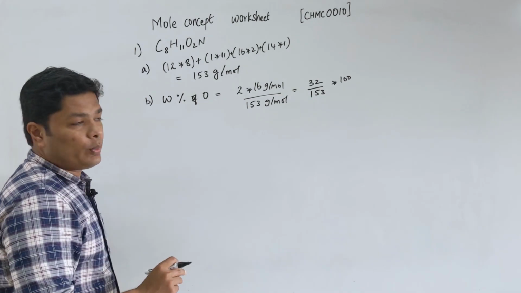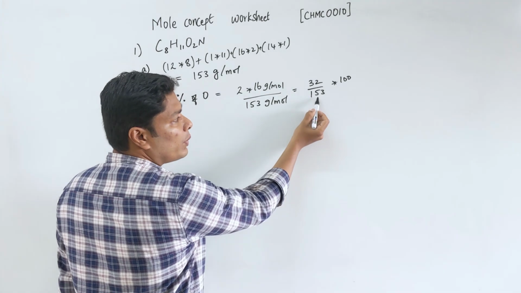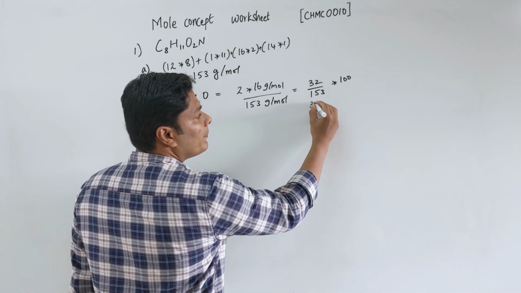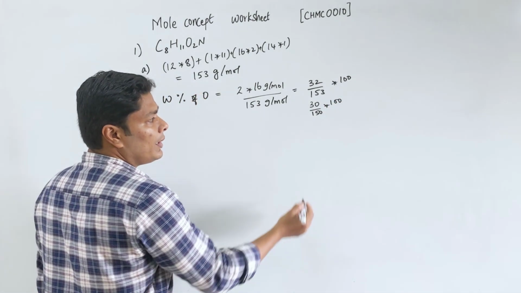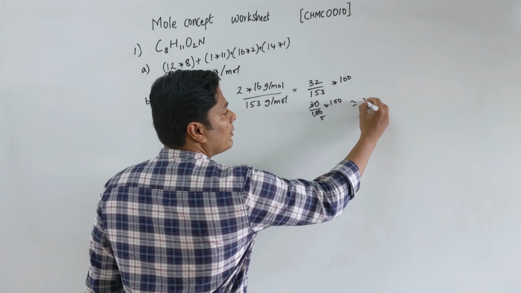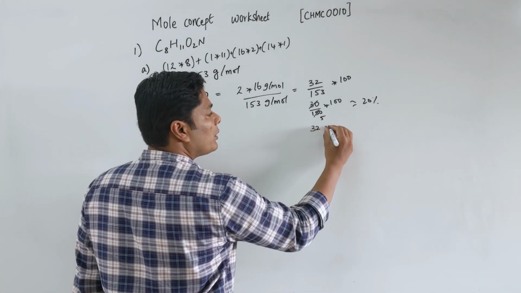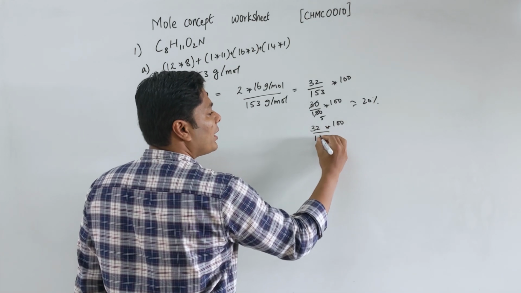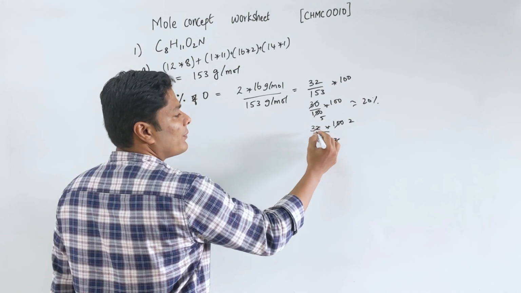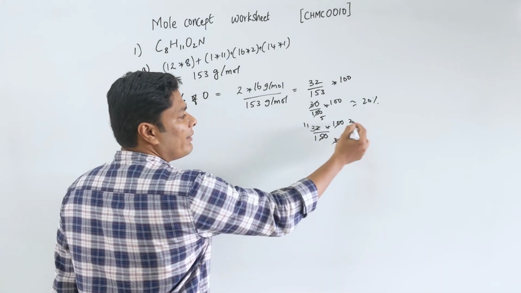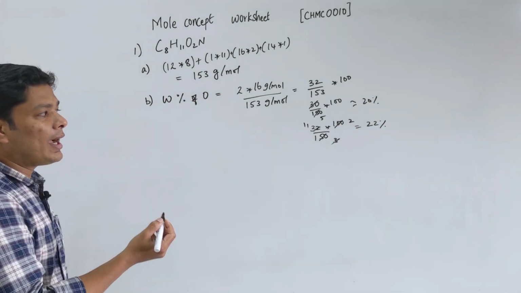I can do it 2 different ways. I will try to teach you both the math. We can take 30 by 150 times 100, this is 5. So I have roughly 20%. The other way of doing it is to keep 32 as it is. 32 times 100 by 150. This is 2 by 3, so this is roughly 33, and 11 times 2 is 22. The answer is somewhere in between. I am not looking for an accurate answer here.